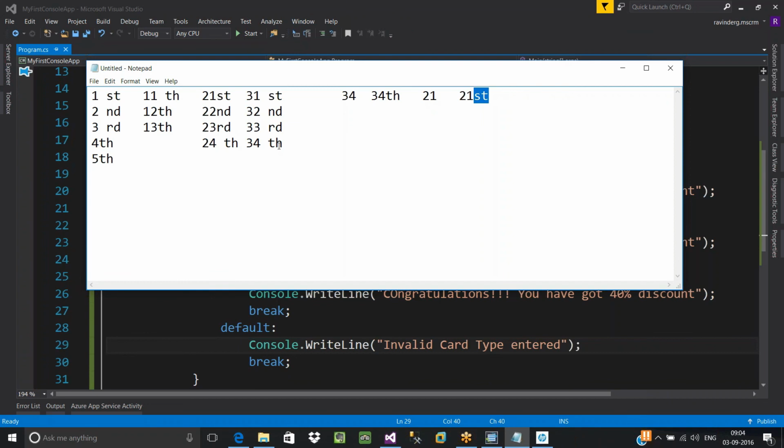If the last digit is 1, it should be pronounced as ST. If it is 2, ND, 3 is RD, and all other remaining cases should be TH. Right? So everybody should try it out. You will get to know many things. Okay? So this is your exercise, and I'm going to give you the same example in your assessment also. Did everybody understand the requirement?